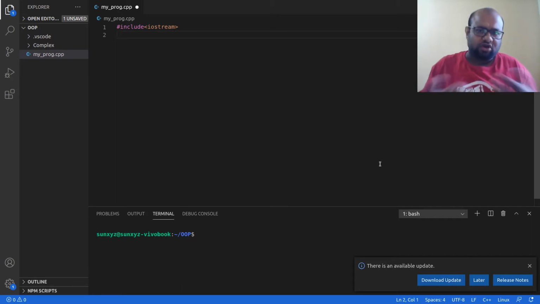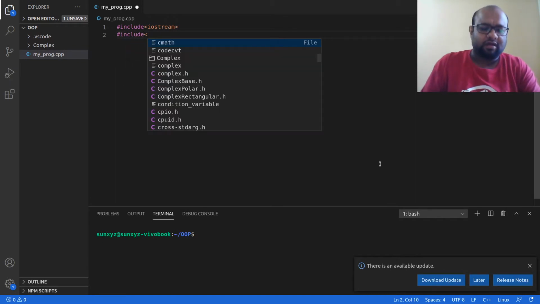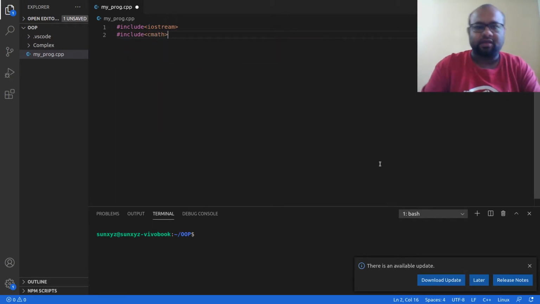So in order to get these mathematical functions, we are going to include cmath. This is a library that is given to us by C++. In this library, there are lots of mathematical functions, for example, all the things that we need, square root, tan inverse.